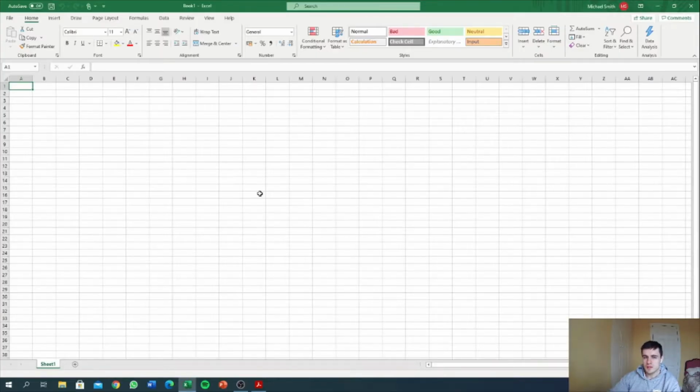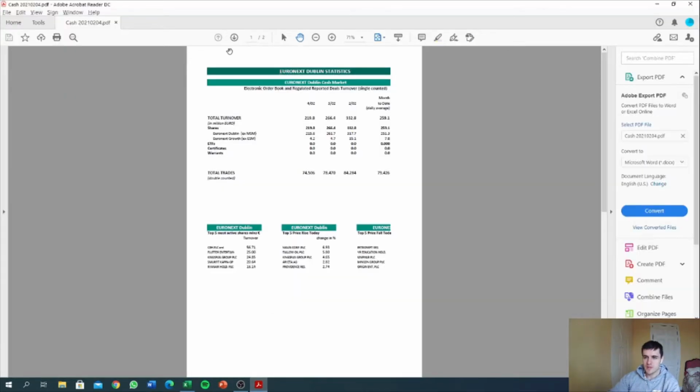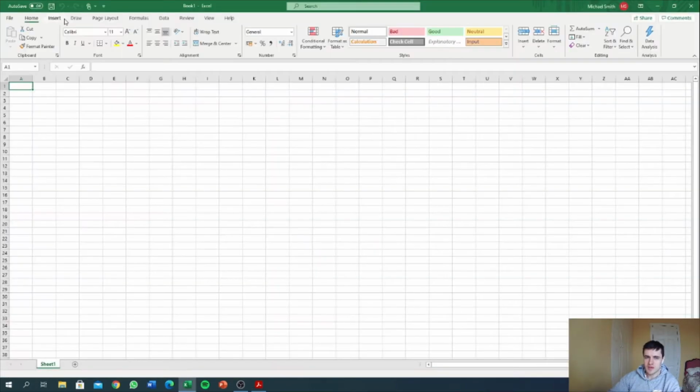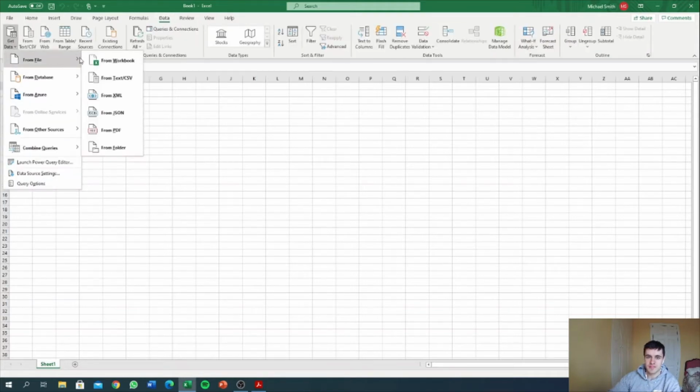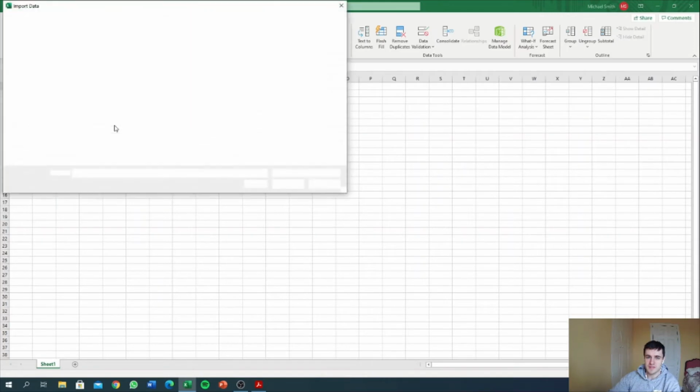We can quickly import data from a PDF file within Excel. If we look at an example, I want to quickly import this table here, this Euronext Dublin Cash Market table, which details total turnover. This is saved down in my cash 20210204.pdf file. How I quickly import that into Excel is I select Data, Get Data, From File, From PDF, and